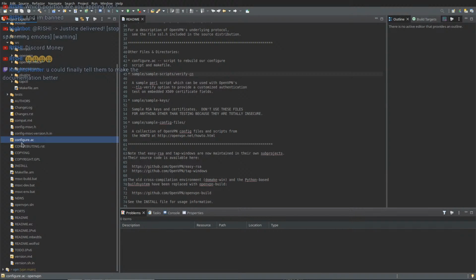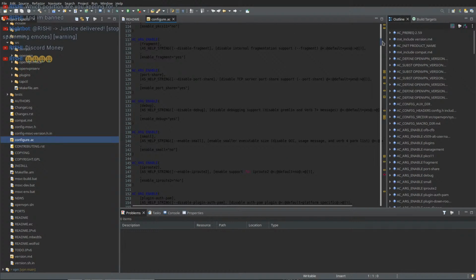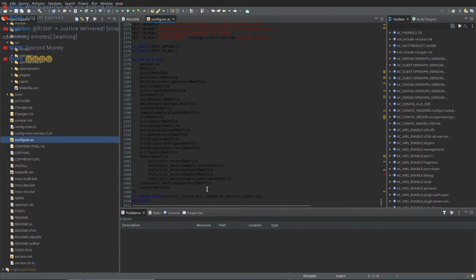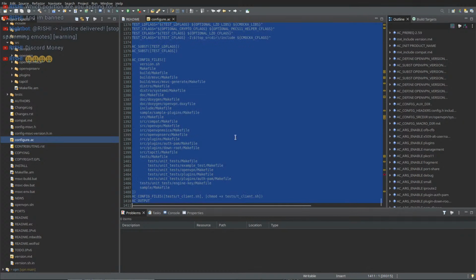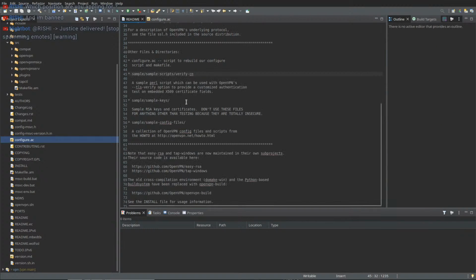Where is it? This one? Damn, that's a long file. That's a lot of stuff. 1400 lines to rebuild a... what was it? Configuration file? Yeah, configure script and makefile.